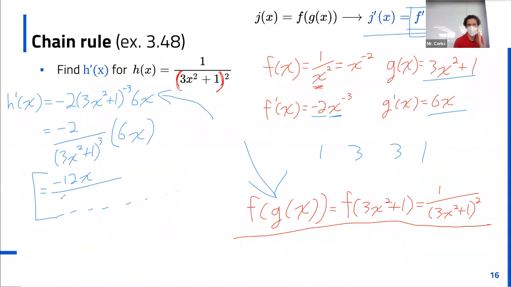So times 3 times 6, 27. 81x to the exponent 6 plus